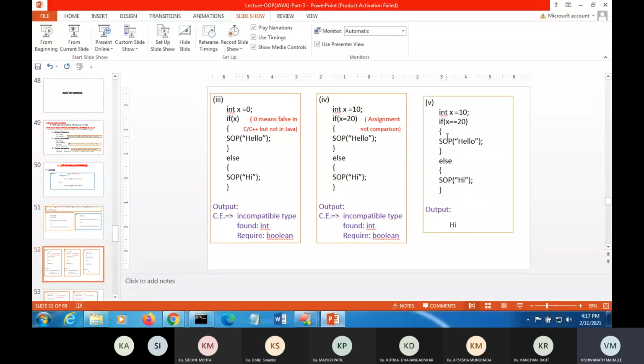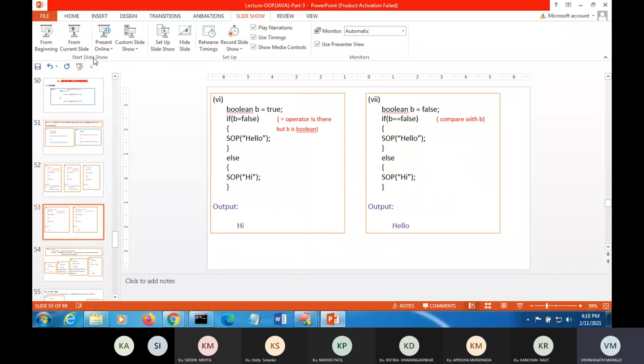Now here I have used double equal to, that is the relational operator. So that will execute the else part, because x is not 10, here we have assigned 22 to x, and that is false, and then the else block will be executed.